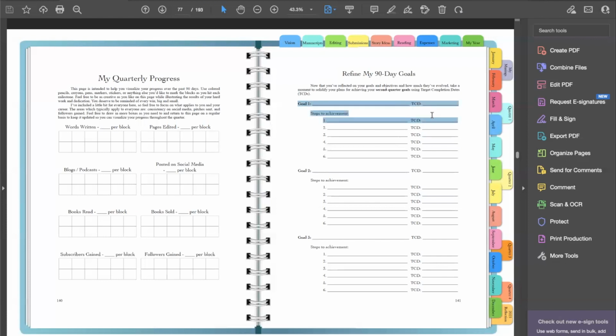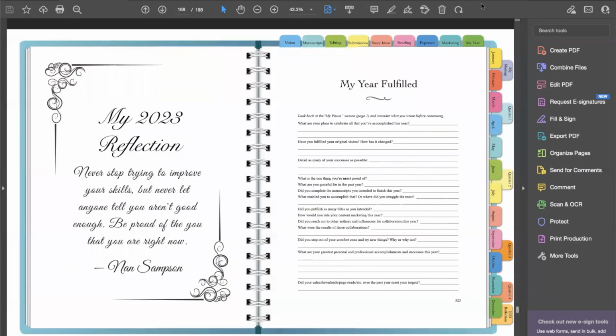Right here, just like we did in the beginning, you set your first goal, the total target completion date, and all the steps you need to achieve and when you need to achieve them in order to fully achieve that goal. At the end of the year, you will have your 2023 or 12-month reflection if you have the Ultimate Authorship Planner. But if you have the dated, it'll say My 2023 Reflection, and it's really delving into what worked, what didn't,